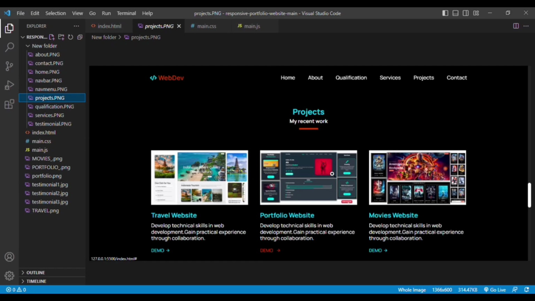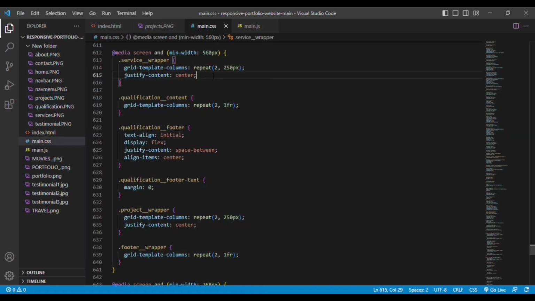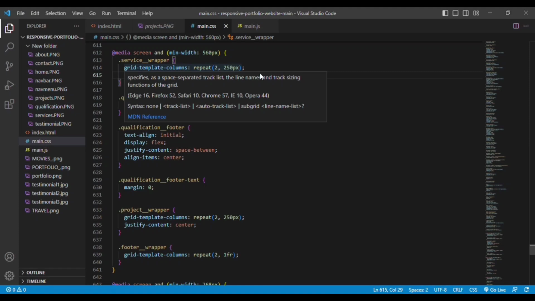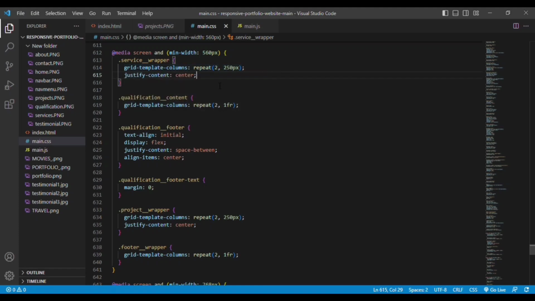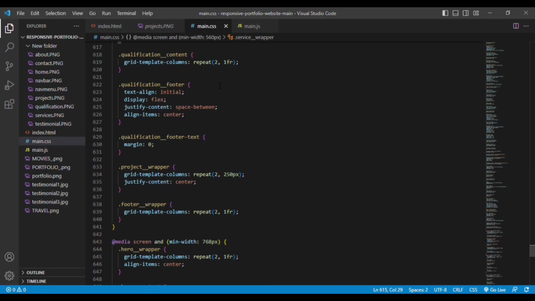So what happened? The screen size is reduced. Then the grid template column equal to 2 applies. That means only two projects will be visible at the top. Then the remaining third project will come below. That is done here, you can see grid template column equal to repeat 2. So you only want to repeat 2, then we will make the remaining one display below it. So there are only small changes. You can see the display values will change, flex direction, center,